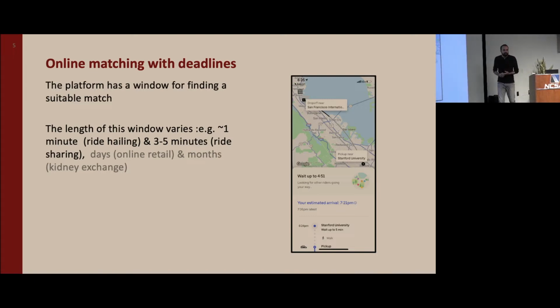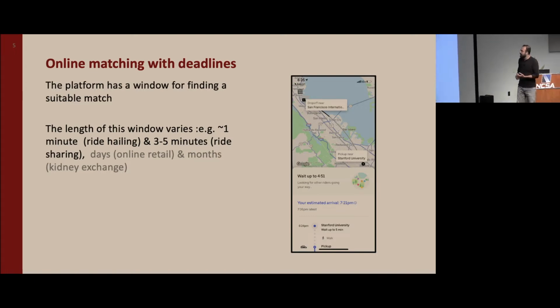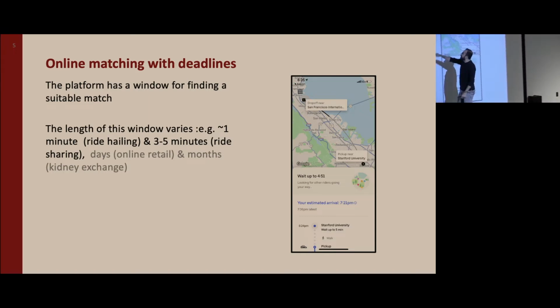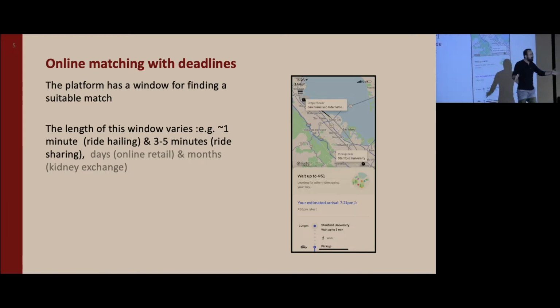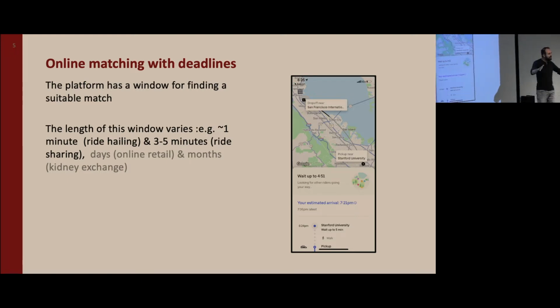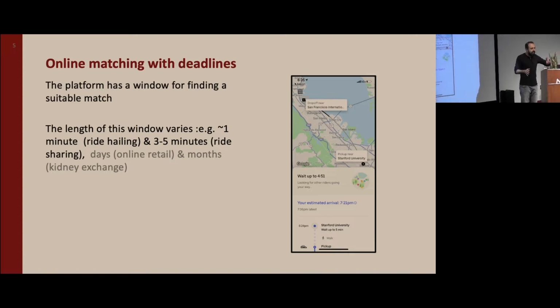One feature of matching problems in the context of ride-hailing and ride-sharing is that typically the matching decisions don't have to be made immediately, unlike online advertising. From the time you open your app and make a request for a ride until you're matched to a driver, the platform has around 1 minute. In ride-sharing, it could be 3 to 5 minutes. So the platform gives itself a little time to find other rides that have a similar route so that the two routes can be matched to each other.